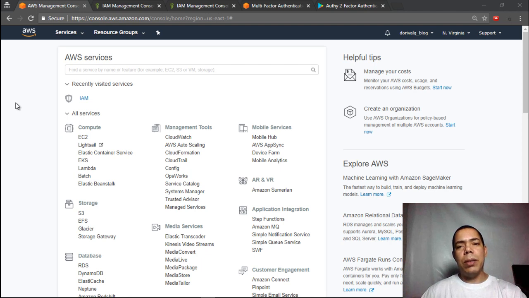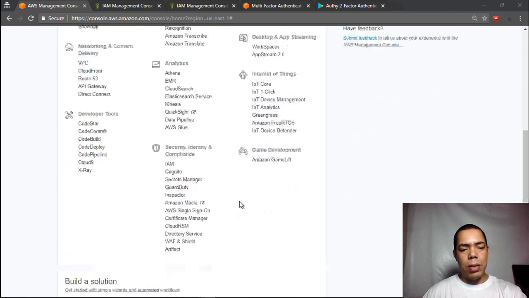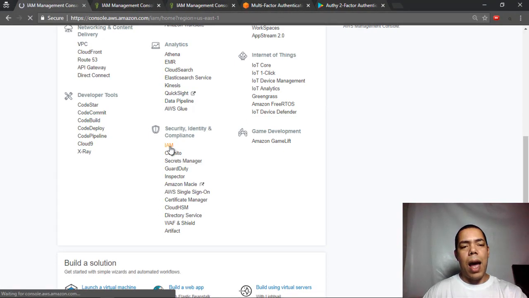This project helps Java developers increase their value by learning cloud computing skills. Today, we are going to talk about IAM, Identity Access Manager, on Amazon AWS. IAM is under Security, Identity, and Compliance. So you click on IAM,